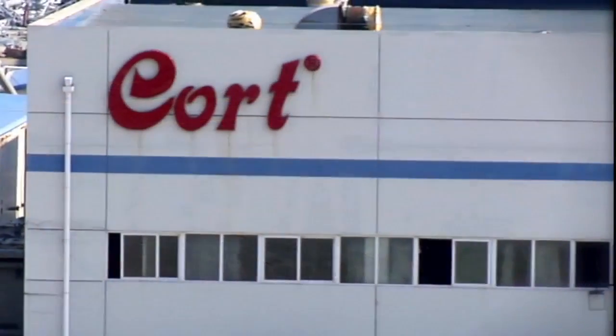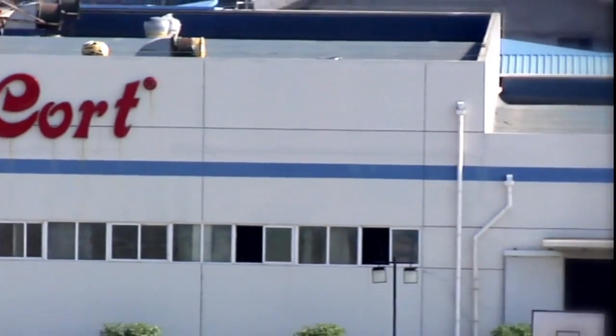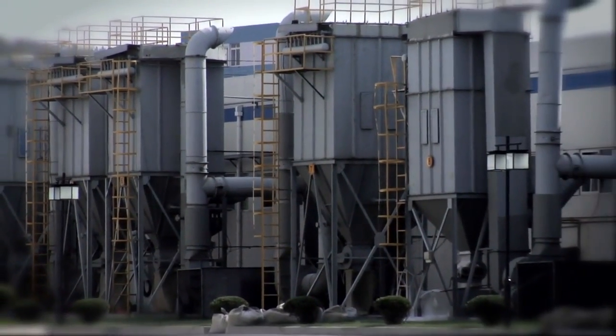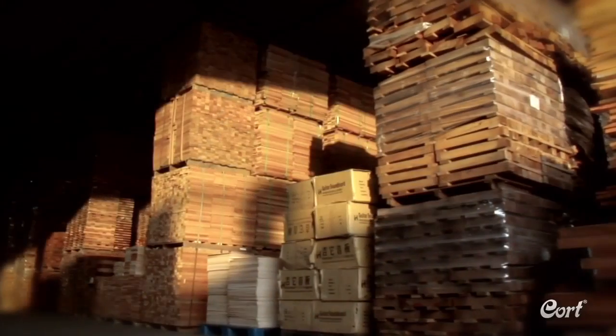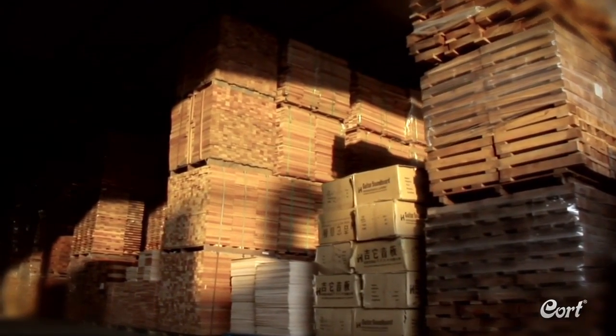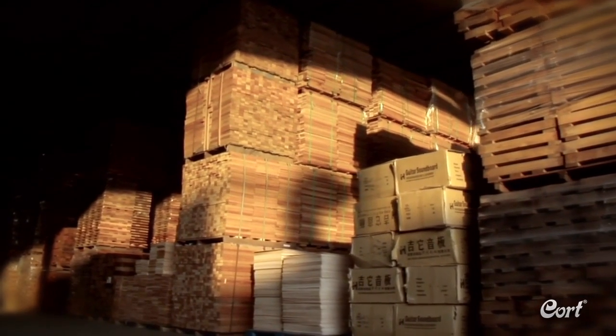Cort Guitars has evolved their approach to guitar building since 1973. Their large modern facility utilizes technology to assure consistency while blending in many important handcrafting steps. Their team starts to focus on making a great sounding acoustic guitar at the earliest stage of production by selecting